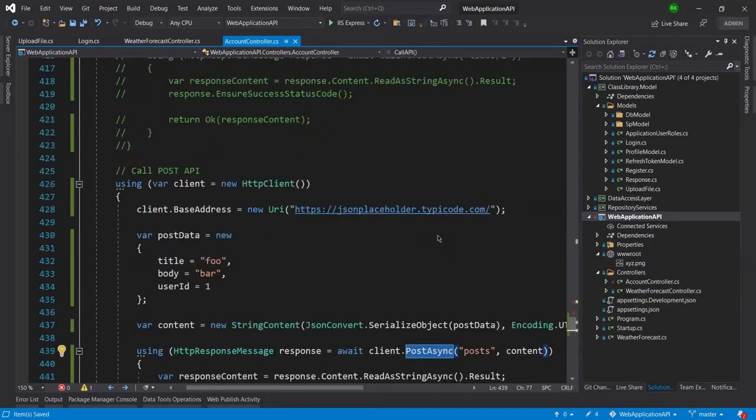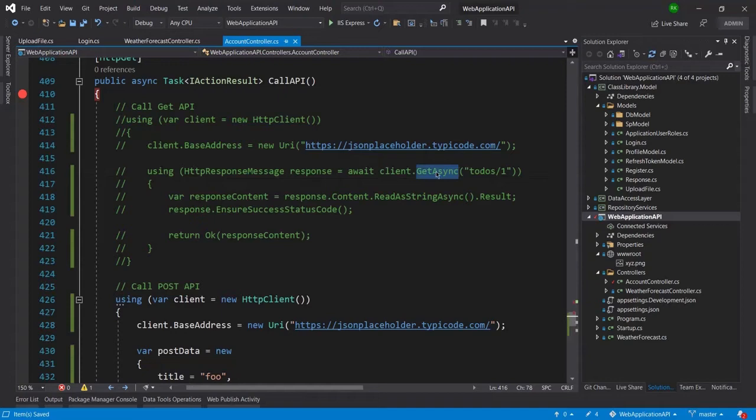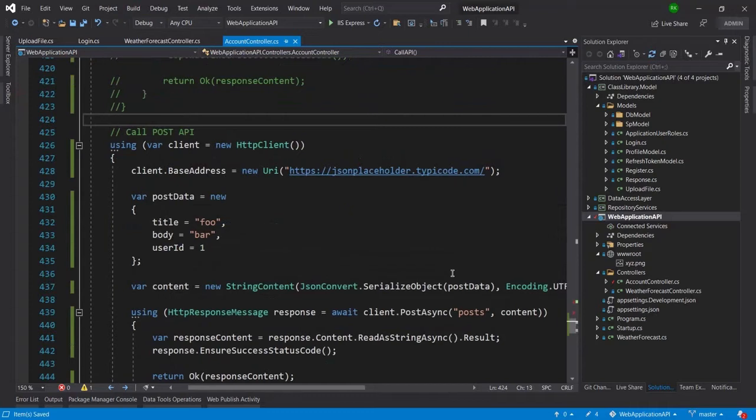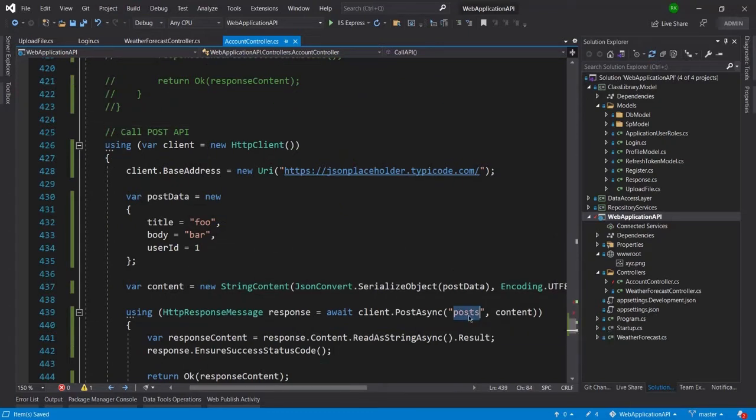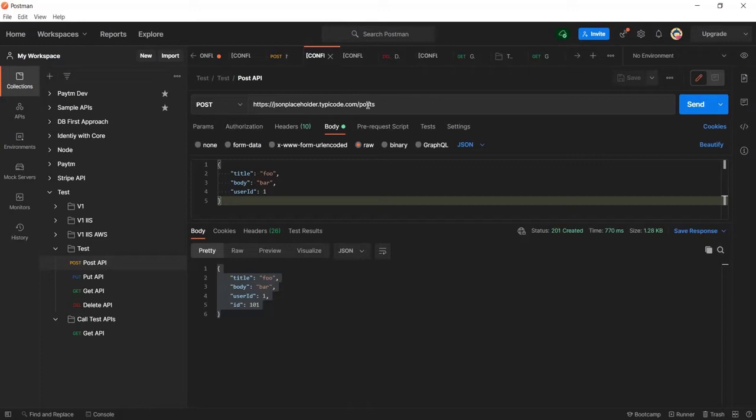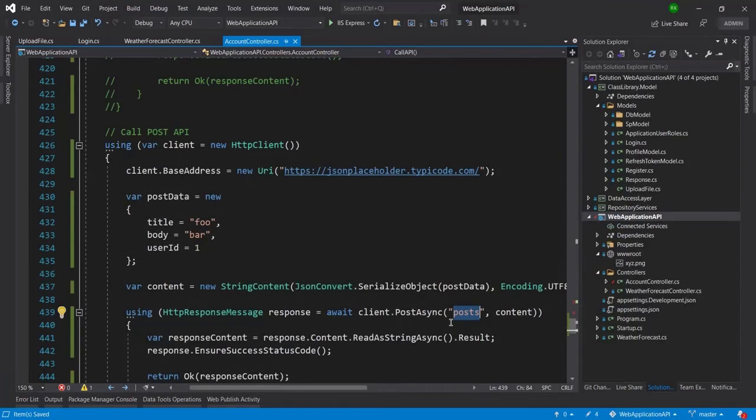Earlier I was using get async to get the data, because this API was the get API, and now I am passing only post, because here it is only post. With the post data it is always required, or at least recommended, to send some additional content, the content body or the request body.